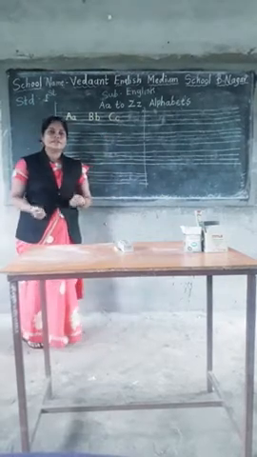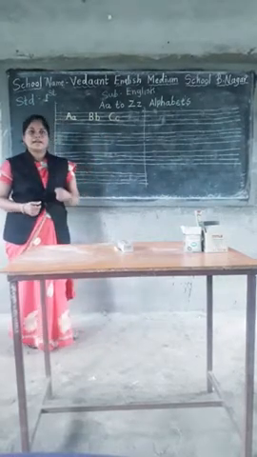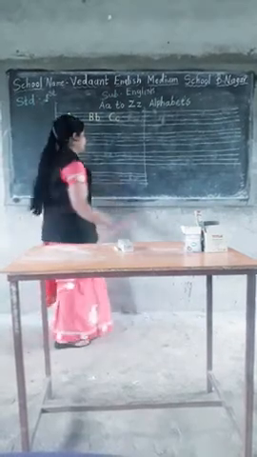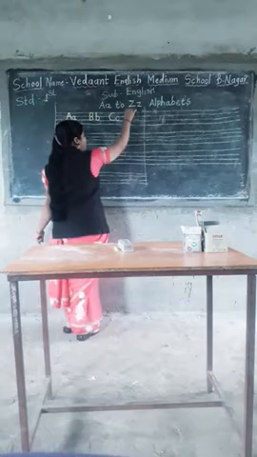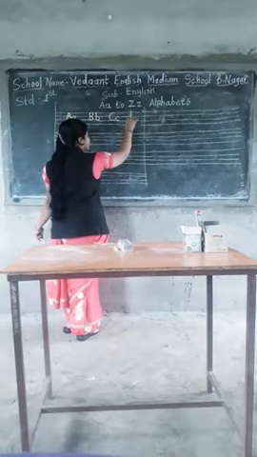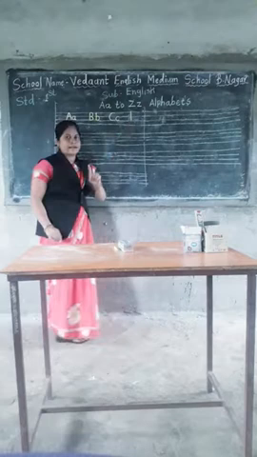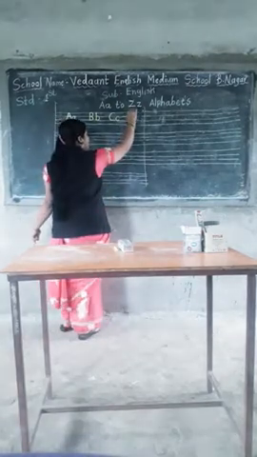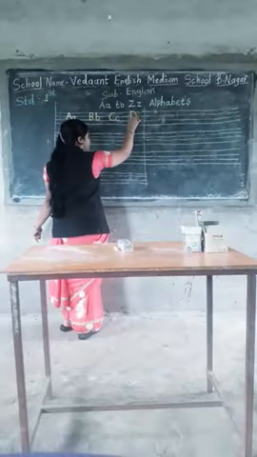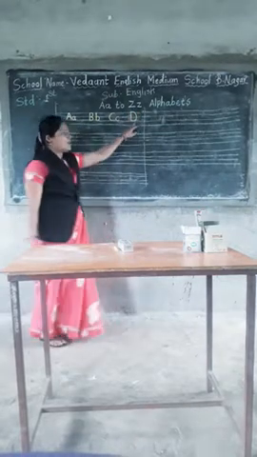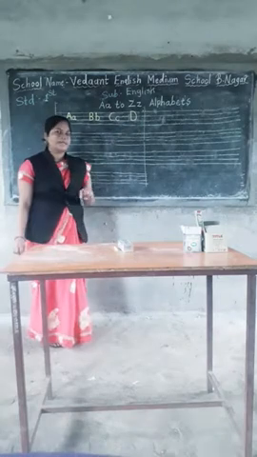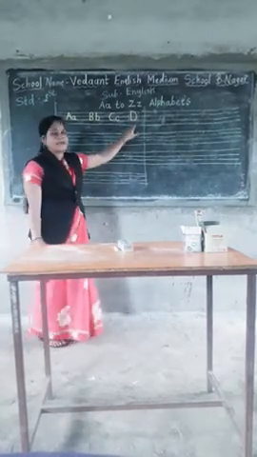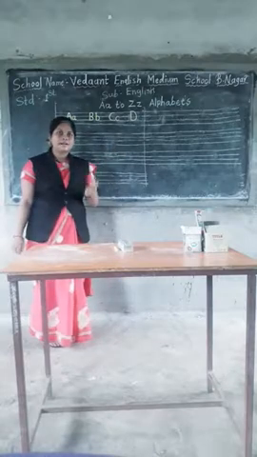Okay, after that which letter comes? After that the D letter comes. So how to write D? Let's see. Go to the top and draw the line in this way. Draw this standing line, and after that a D curve like this only. Draw a D curve like this, and it is the capital D. After that we write a small d.